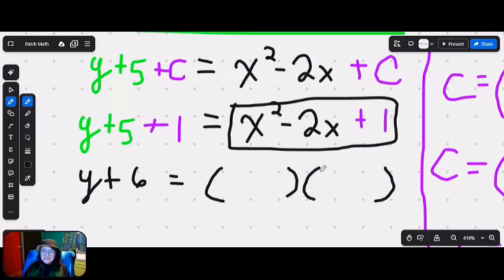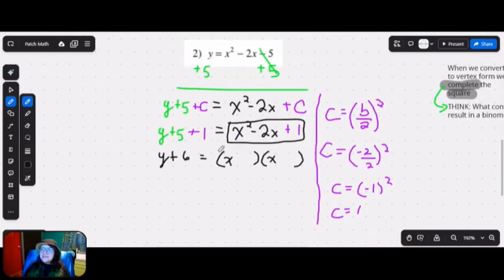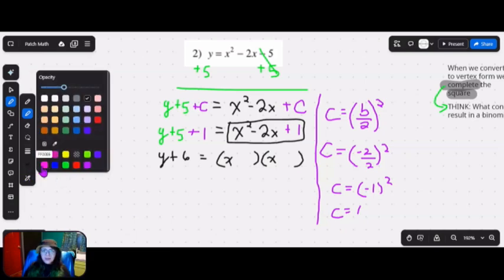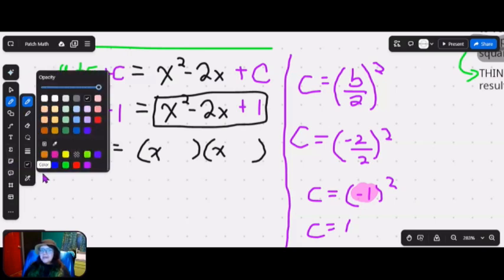Well, if you've been taught the AC method, if you're this far in Algebra 2, or in an honors Algebra 1 class, you know the AC method. When our A is 1, we have a pattern. And the cool thing is, when you're completing the square, your C, or not C, sorry, I said the wrong variable there, your constant